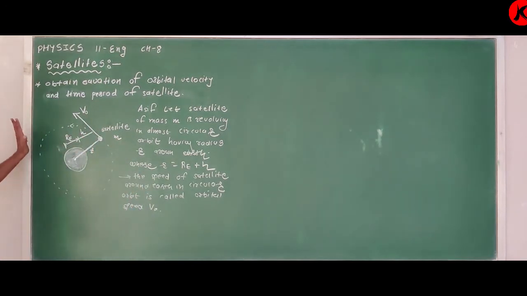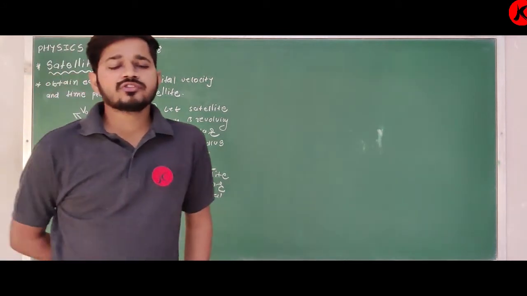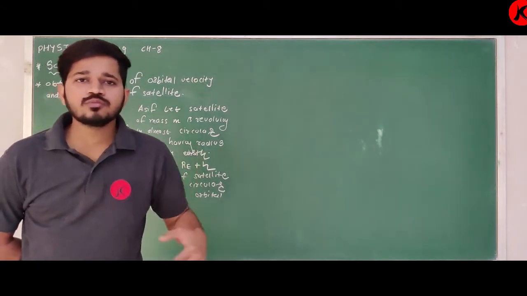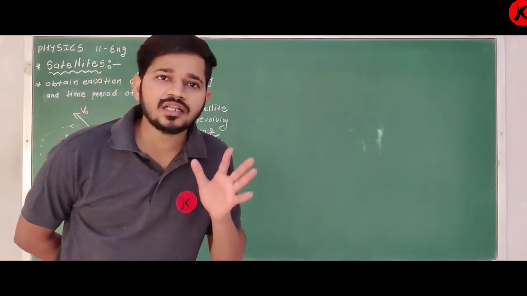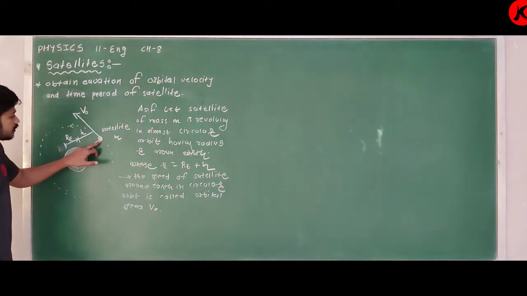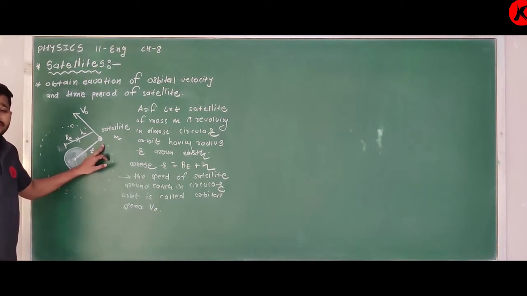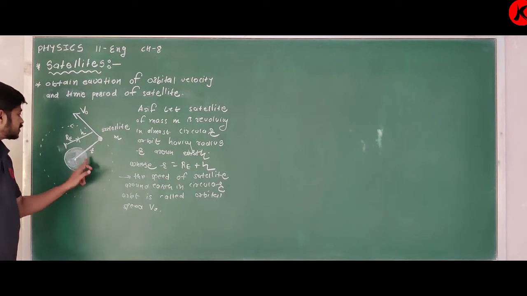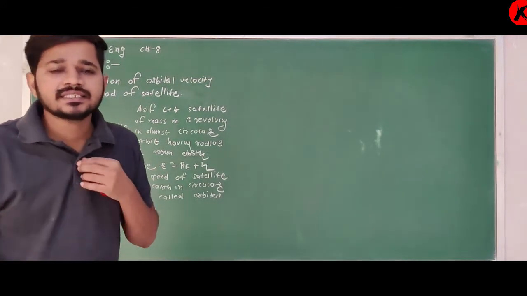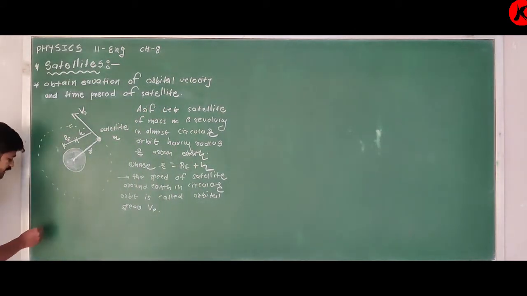Now it is clear it is performing circular motion. You know from chapter number 5, laws of motion, what is required for circular motion. Yes, for circular motion, it requires centripetal force. In this case, that centripetal force for the circular motion of the satellite is provided by the gravitational force between Earth and satellite. So here we have to write one statement.